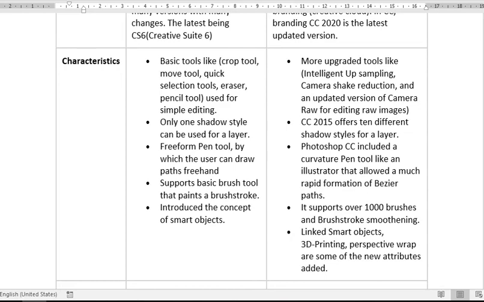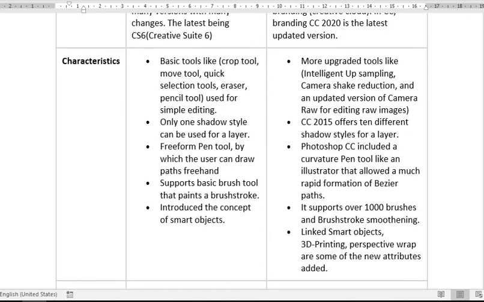Photoshop supports a basic brush tool that paints a brush stroke, while Adobe Photoshop CC supports thousands of brushes and brush strokes smoothly.